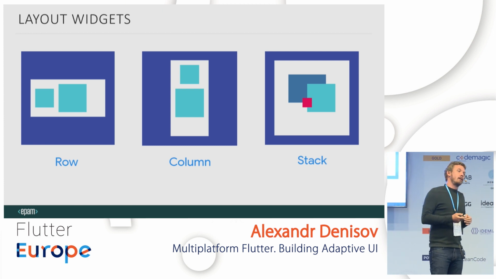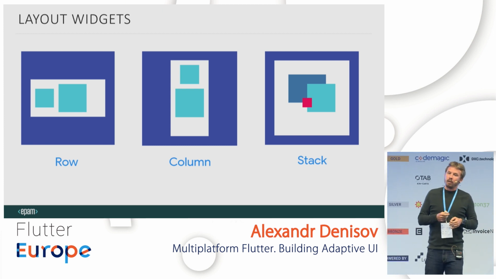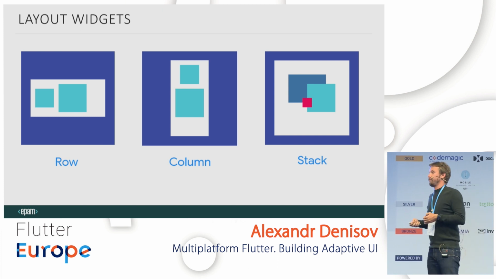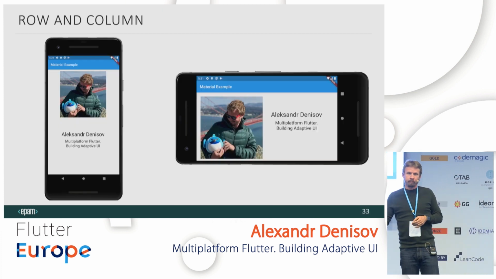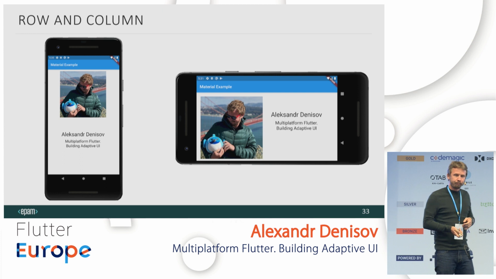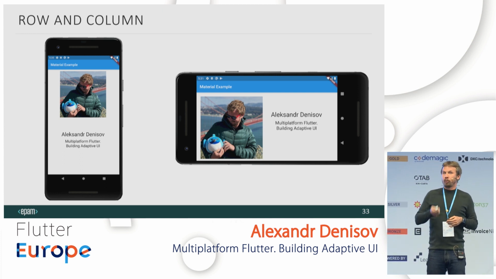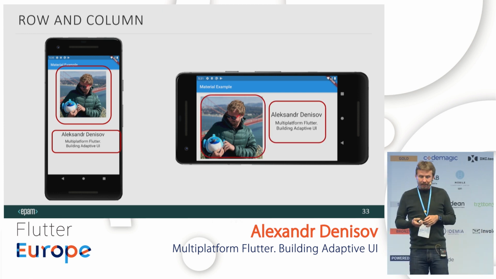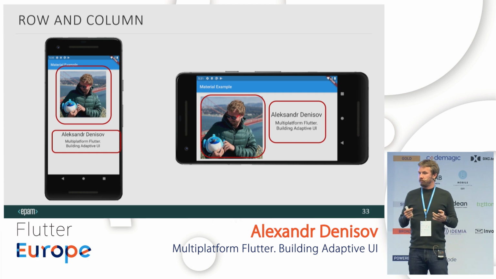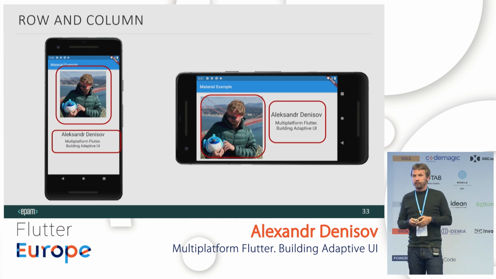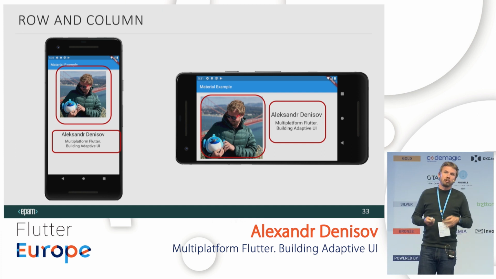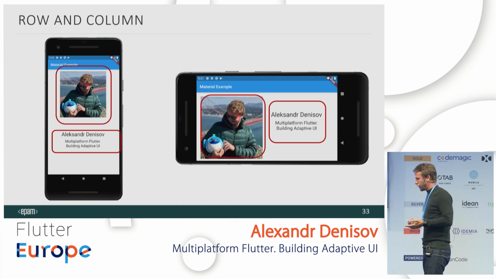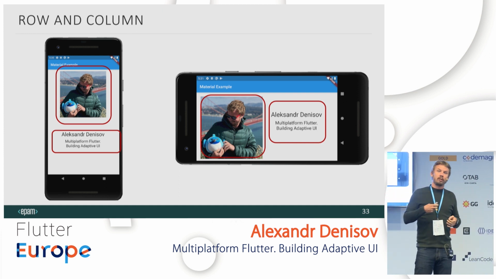And sometimes it's better to use different layout widgets when orientation is different, even if we don't need different functionality. Let's take, for example, the speaker detail screen. I use a column in portrait orientation and a row in landscape orientation. The children are the same, but it looks different, and it looks okay.